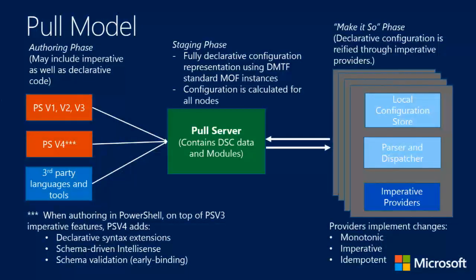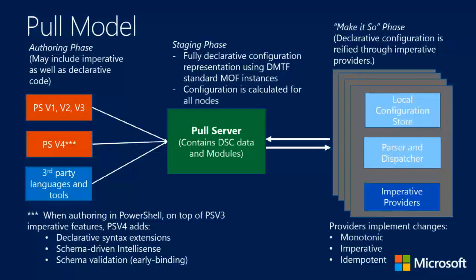And so here in this case, on a pull server, what's going to happen, right? It turns out all you have to do is create a VM that has a URI to the pull server and a unique identifier. The VM goes to that pull server and says, this is who I am. And the pull server looks aside in its store of configuration and says, oh, this is yours, and gives it to it.